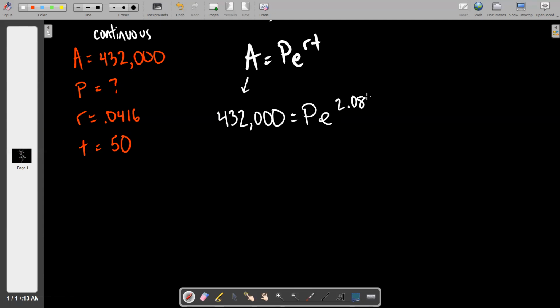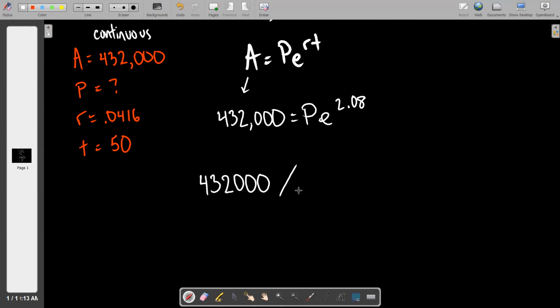Okay. So again, the algebra to me seems basic. If I said to you get P by itself, you ought to just instinctively look at it and say, I can do that. How do I get rid of the thing, that parasite that's stuck to my P? How can I get rid of it or get the P by itself? Just divide, right? So what we're going to wind up typing into our calculator is 432,000, no commas, divided by,